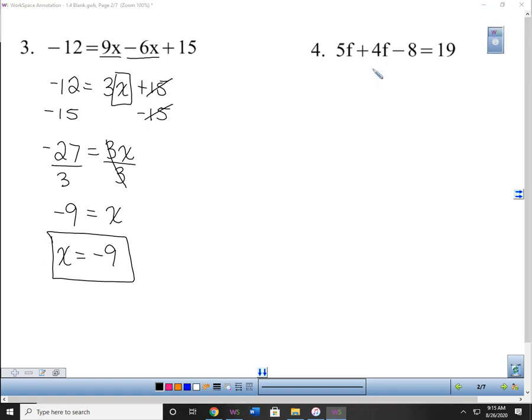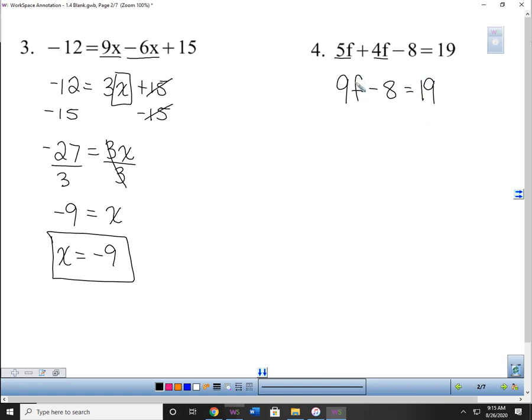So if you look at number 4, on this side, we have like terms of 5f and 4f. They are on the same side, so we're just going to put them together. 5f and 4f make 9f. Then you have your minus 8 is equal to 19. Now that I've got this side fully simplified and this side fully simplified, I can start solving for the